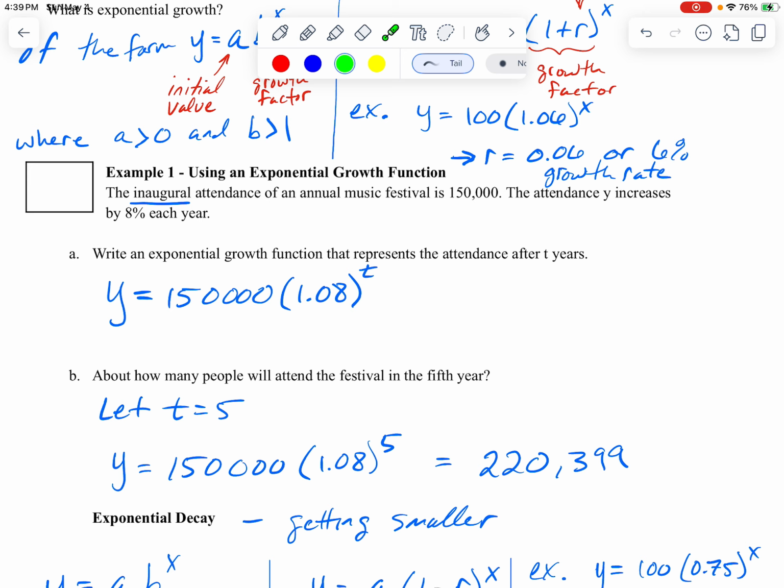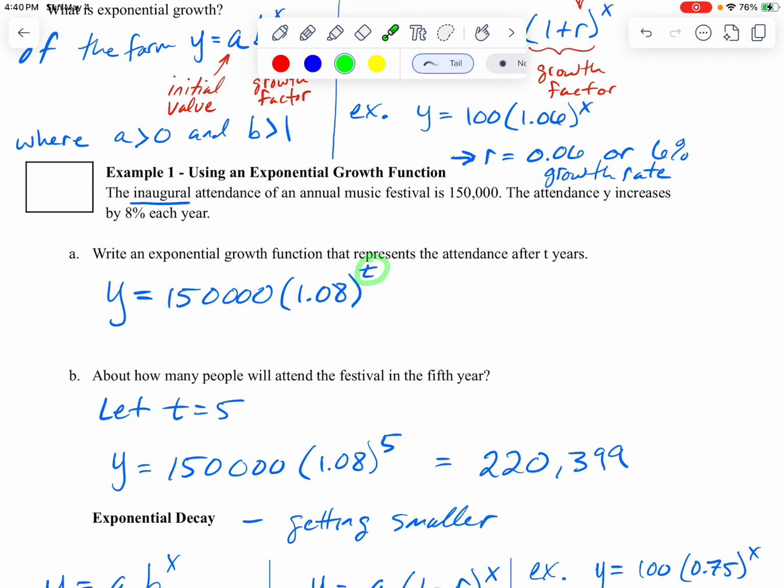So example 1: the inaugural attendance of an annual classic music festival is 150,000, and the attendance increases by 8% each year. So inaugural means the first time something happens. So the first time they held this music festival, they had 150,000. And if the attendance increases by 8% each year, this is how we would write that equation. We've got our initial value, and then this is our growth factor, with that being the rate. That would be the r value right there. That 8% is how much it's growing each year,